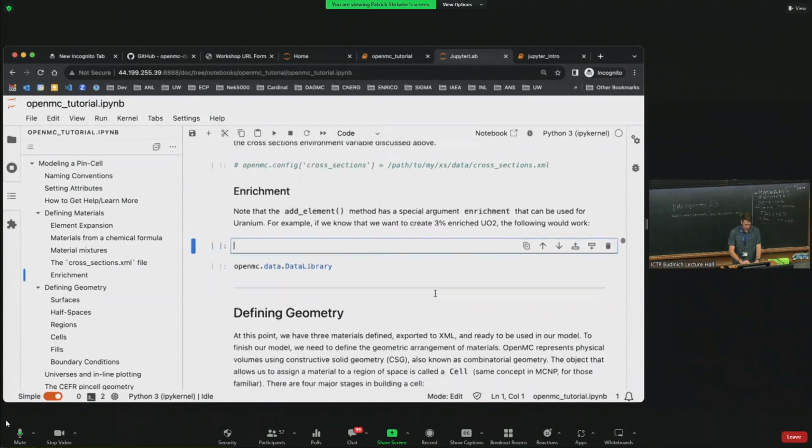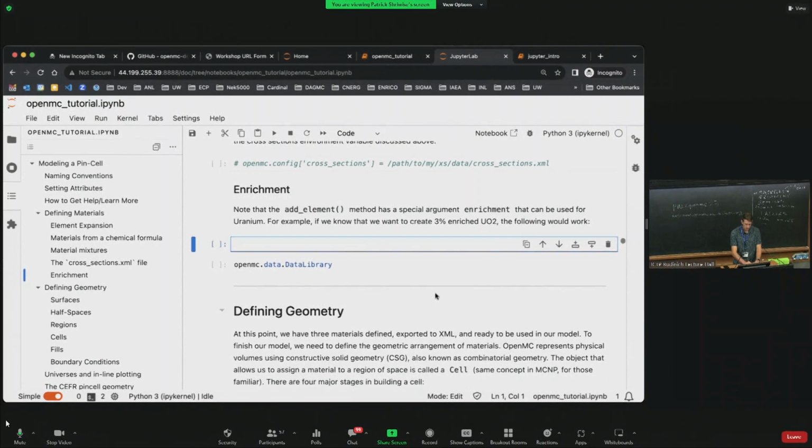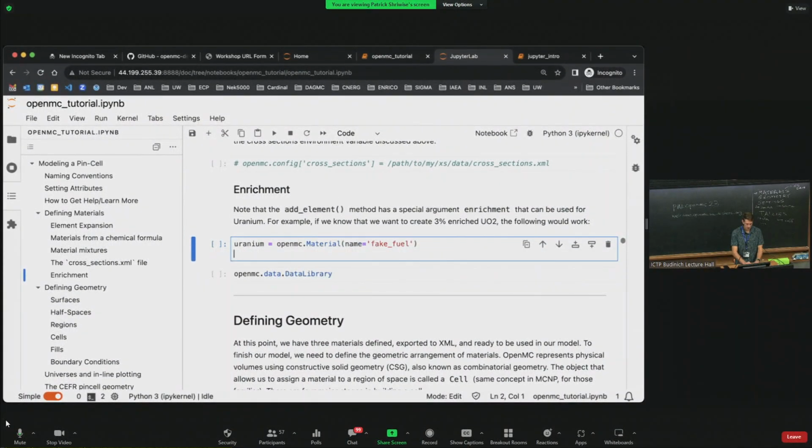Okay, let's do a quick example about creating a material. We'll call this uranium, with the name fake fuel. This will just be a temporary material that we use, mainly to highlight the enrichment capability in OpenMC. So if we were to add element,